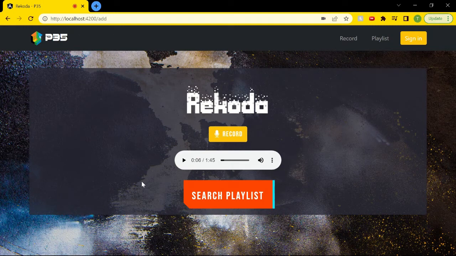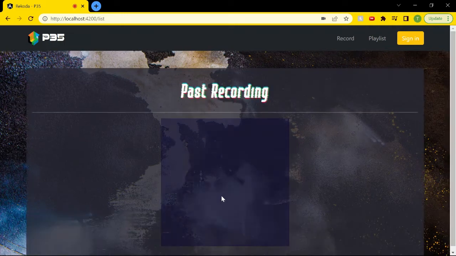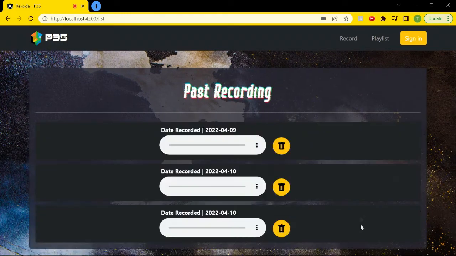And as you can see here, it will be posted to our backend and saved to MongoDB. As I search the playlist, all right, a little loading screen there for you if you're waiting. All right, so it's not taking much time at all since we use a base64 string for saving the audio recordings. And as I've said before, we posted using our